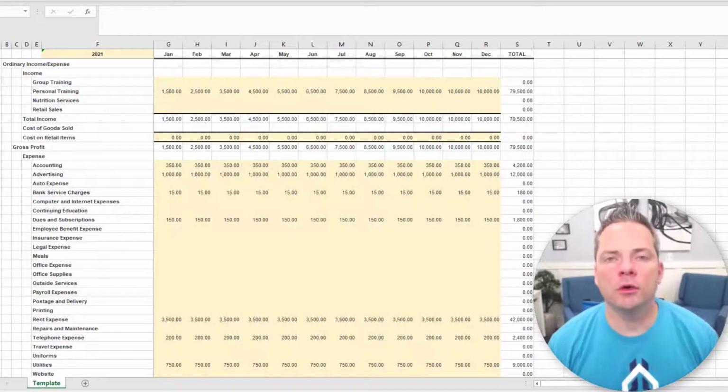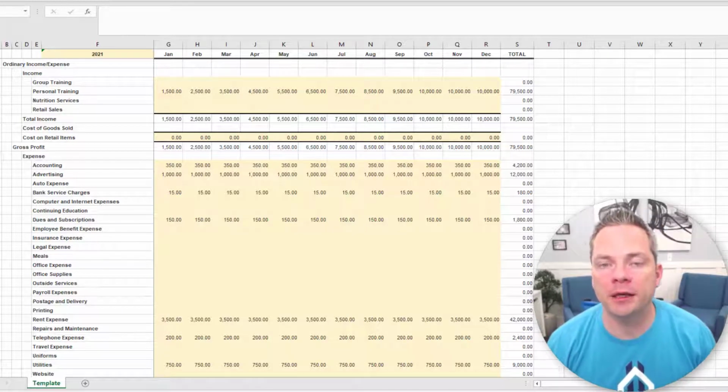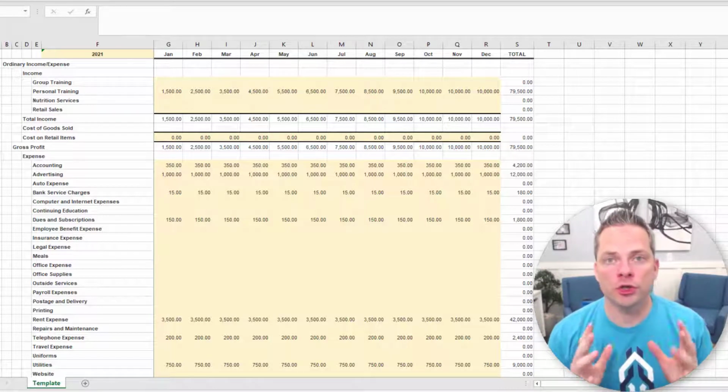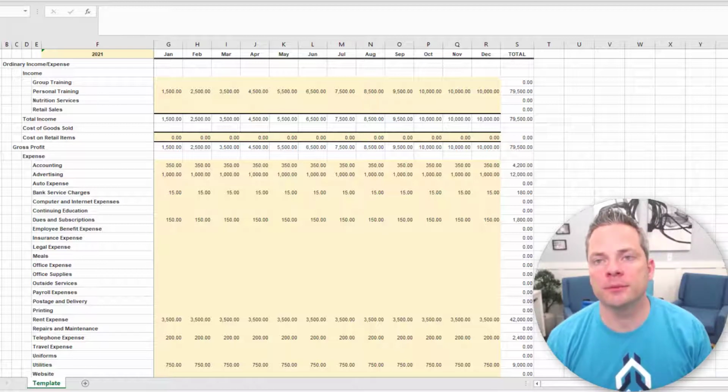Hi, today I wanted to go over two tools that we can use when we're trying to forecast or plan our finances for our fitness studio. What you're currently looking at is an Excel file that is broken out per month, and this is something that you can do